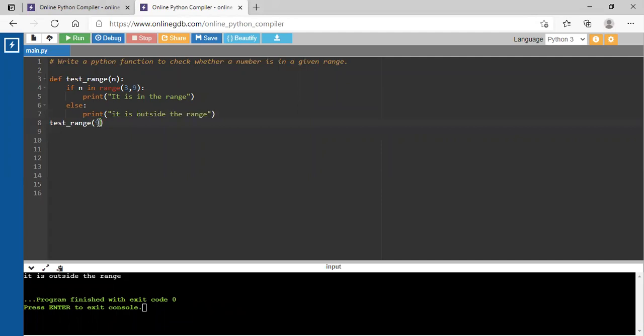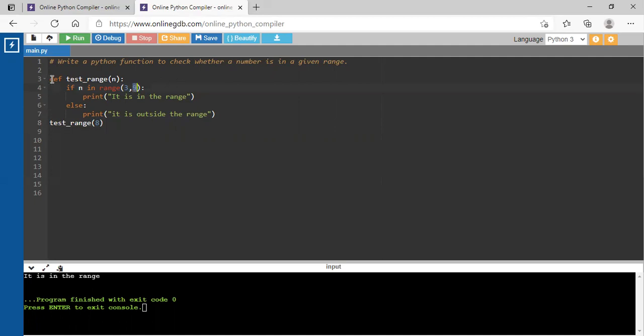If I just write 8 here, it will say it is in the range. Why? Because 8 is there. From 3 to 8 only, these numbers are in the range. If 9 is given, it will not be in the range. No doubt it is written here 3 to 9, but the first number 3 is always inclusive in the program and this 9 is always exclusive. What does exclusive mean? It will not enter into the program.